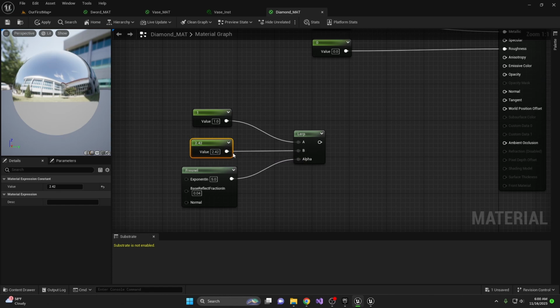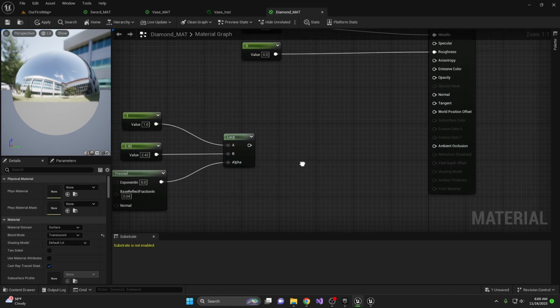This number will depend on what kind of material you're trying to create. So if you're trying to create an emerald, for example, you would be using an index value of 1.56. You can find these numbers on Google. So this is supposed to plug in to your refraction,